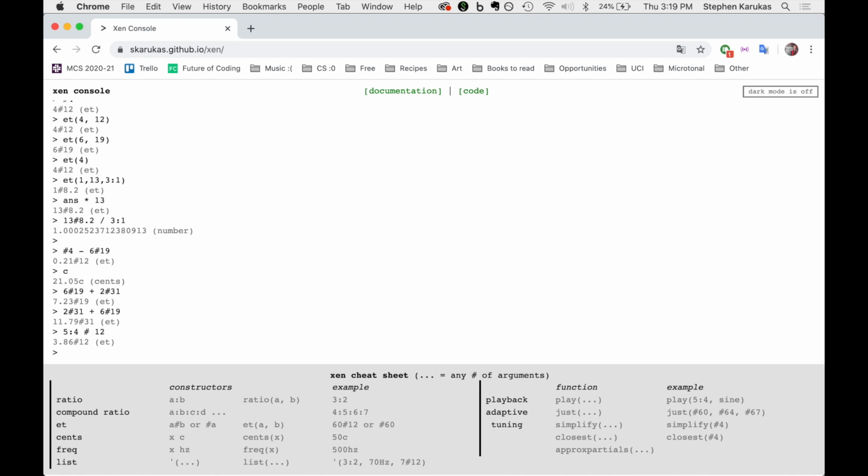And it's exactly 3.86 steps. And I can also check in 31-tone equal temperament how many steps that is. So almost exactly 10 steps is a just major third. And again, similarly, I can put this ratio as an argument to the ET function, and in this case, it'll